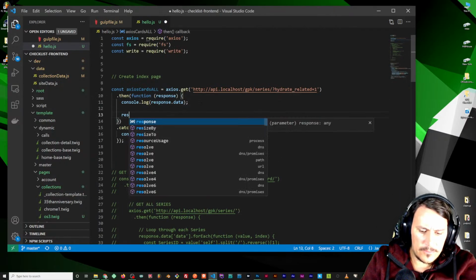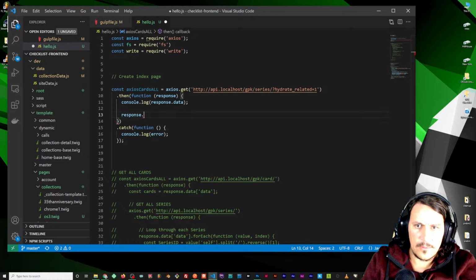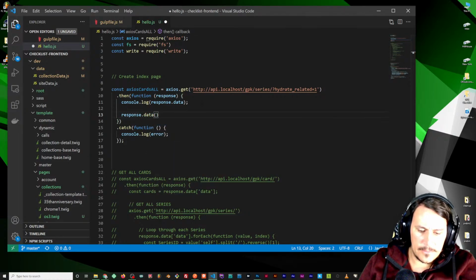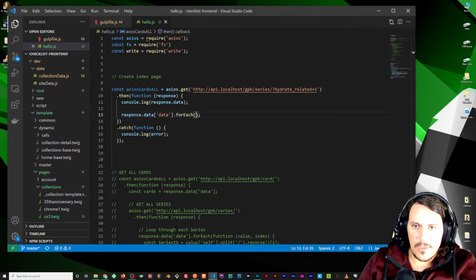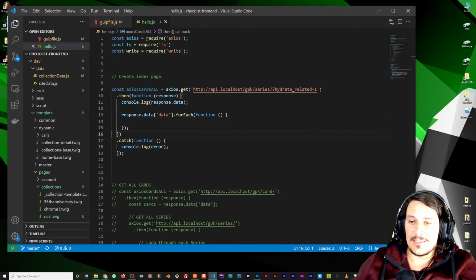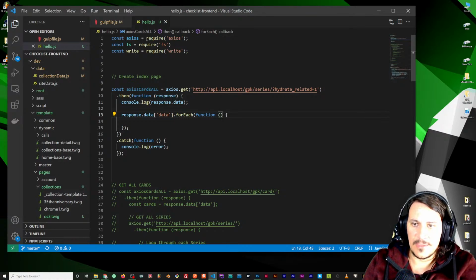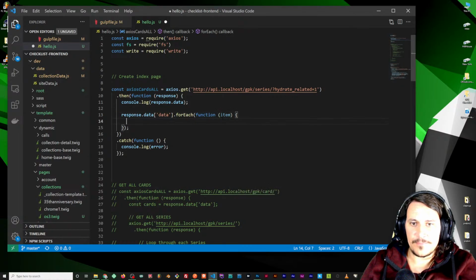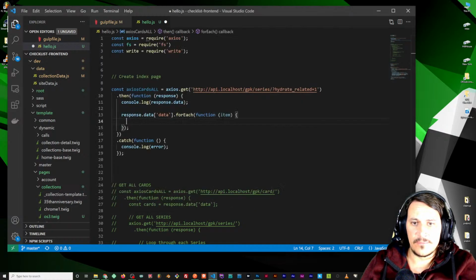So response dot, what is this? Okay. Dot data. Oh, hello. Data dot forEach function. I'm afraid I'm going to write a function. Don't care. And then what are we going to say? We're going to call this the item, whatever. And I want to churn out the item slug. So let's